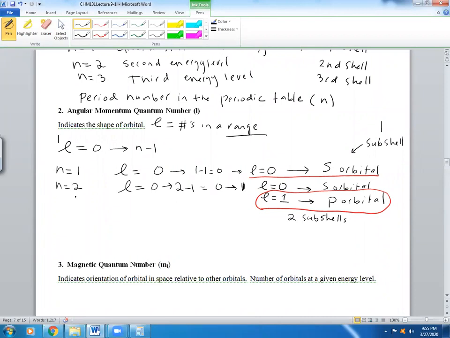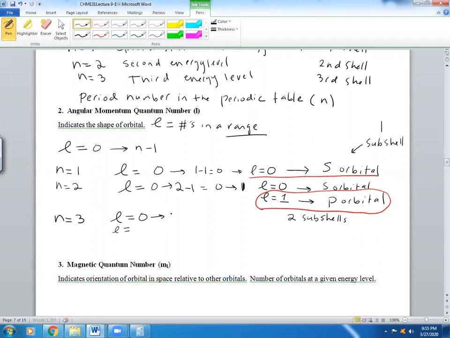There's one way of remembering it from one of my former students, instead of subtracting and going the long way: just write all the numbers that come before n. Before 2, that's 0 and 1. Before 1, that's only 0. So if I have n equals 3, what are the numbers that come before 3? 0,